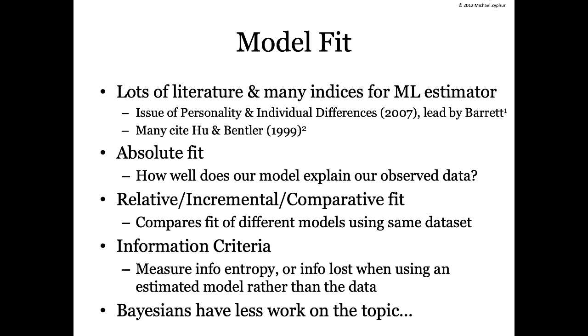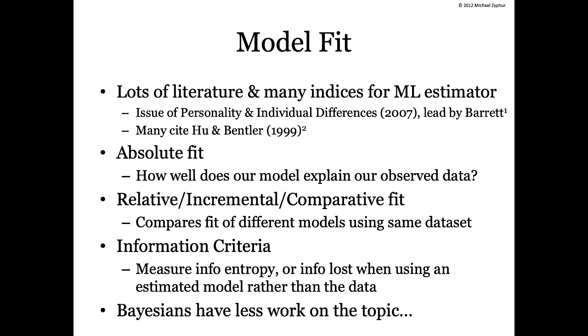But in order to make their models that they want to estimate, and they don't want to reject their models, they want to hold on to those models and interpret the slopes and get the p-values and everything else, we might want to compare our estimated model to a model that isn't so good. And so we can do that in various ways. There are also other kinds. So those are relative or comparative fit indices. We can also derive what are referred to as information criteria. These have a kind of information theoretic